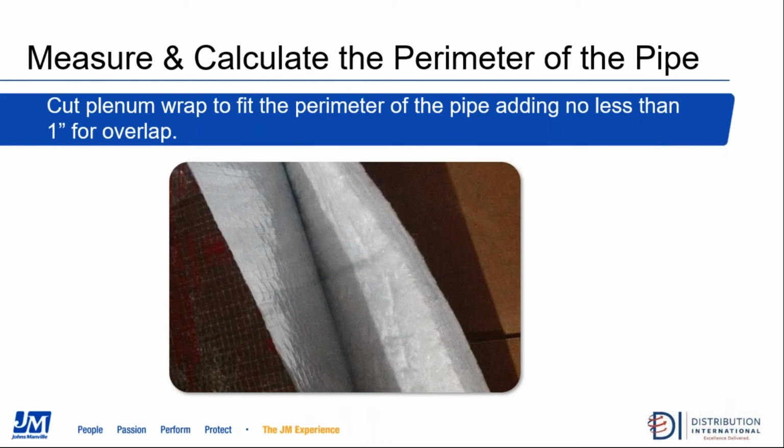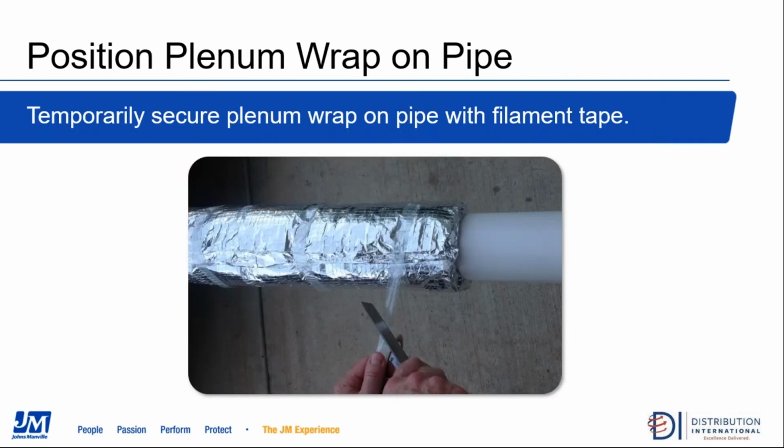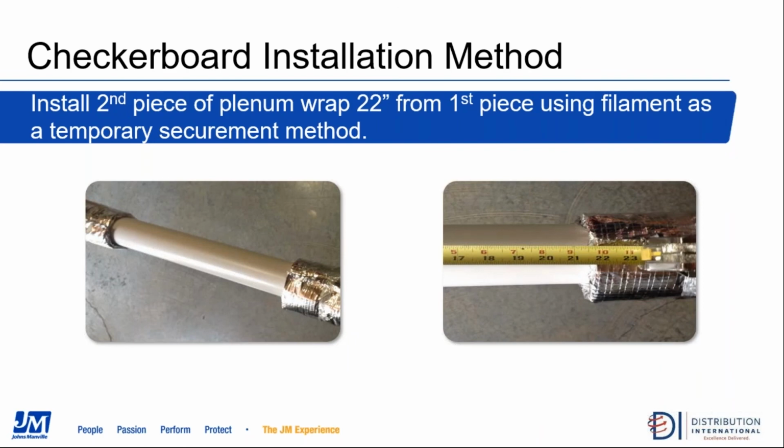In order to install it, first you have to cut the plenum wrap to fit the perimeter of the pipe, adding no less than 1 inch for overlap. You then use aluminum foil tape to seal the cut edges of the encapsulated wrap. You have to make sure that wrap is kept encapsulated even after cutting it. And you temporarily secure plenum wrap on your pipe with filament tape. You add an adjacent piece of plenum wrap, making sure to overlap at least 1 inch at both the circumferential and longitudinal seams. So both around the pipe and the length of the pipe,